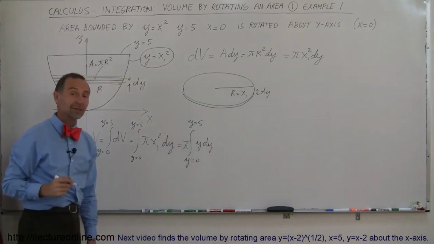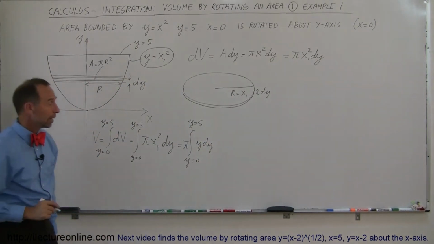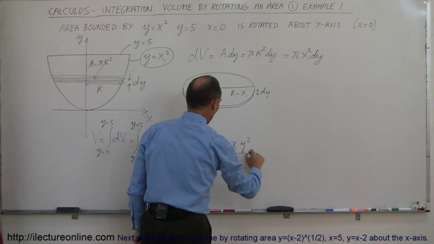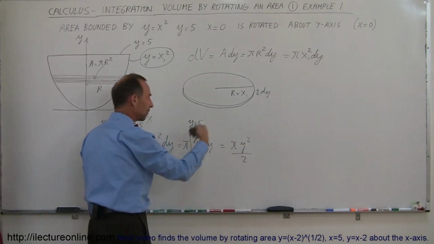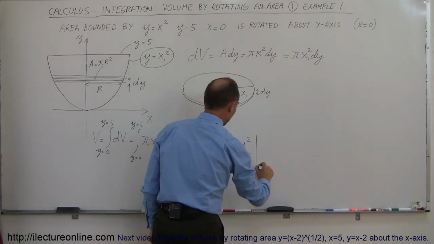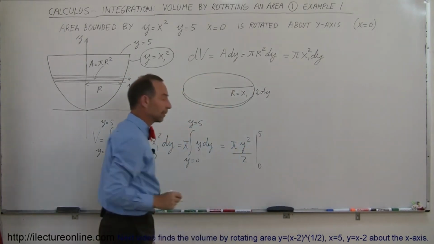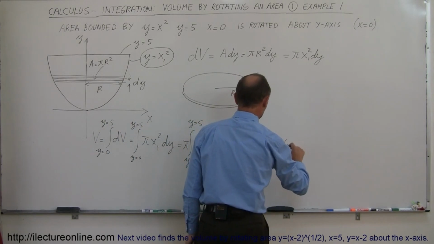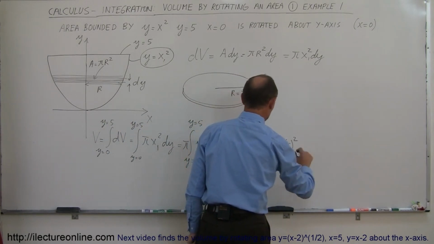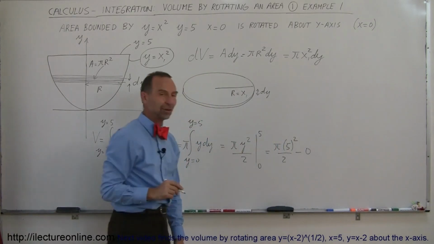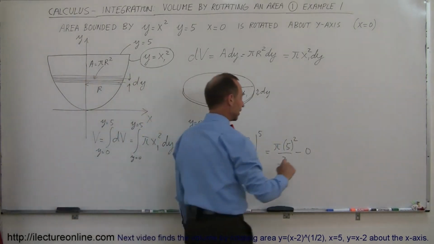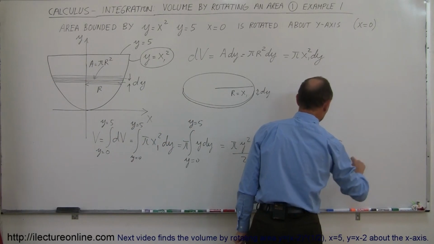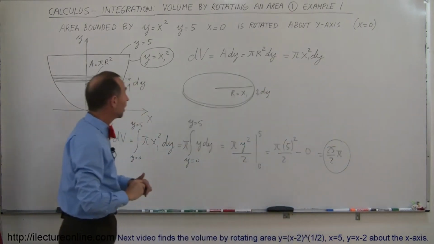And now I'm ready to integrate, because that's an easy integral. Y dy integrated becomes y squared over 2, so this is pi y squared over 2. I add 1 to the exponent, divide by the new exponent. And the limits are from 0 to 5. When I plug in the upper limit, I get pi times 5 squared over 2. When I plug in the lower limit, of course, I get 0. And that means that this is equal to 25 over 2 pi as the volume of this thing created when